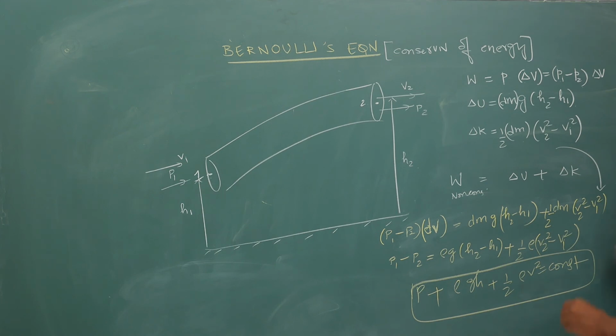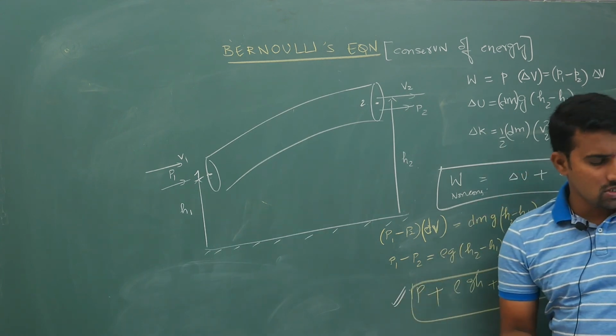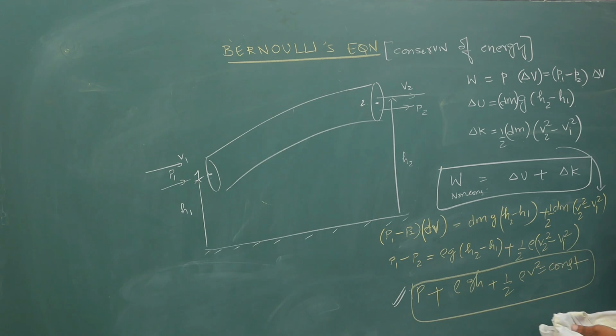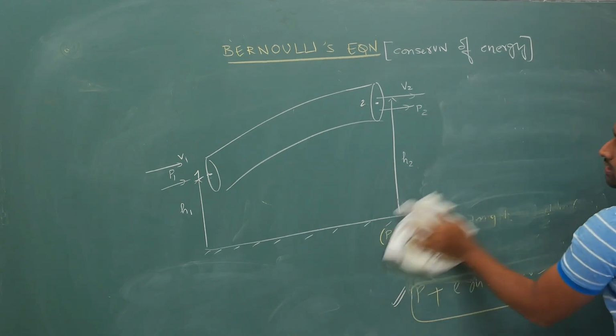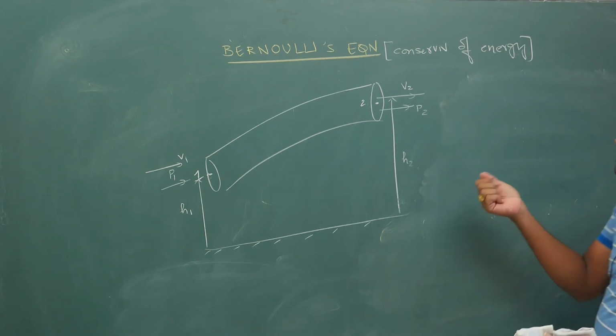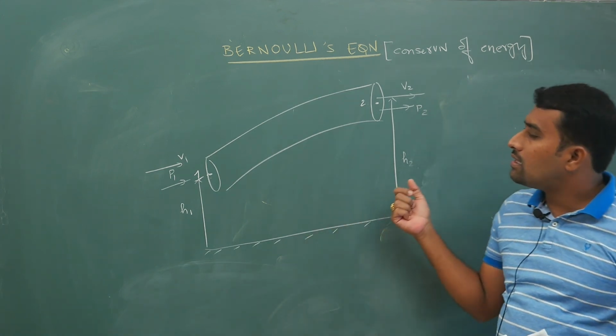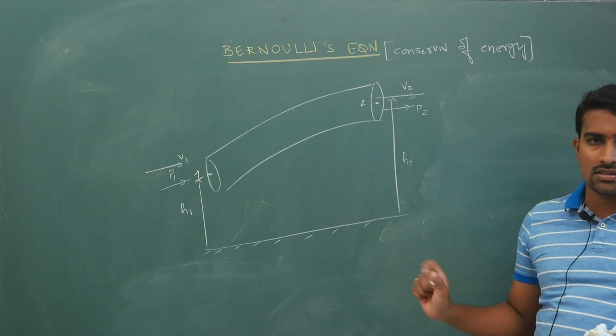I don't need to elaborate, but this is the energy conservation theorem at work. Remember this result. Nobody is going to ask you the proof; that is for BSc and MSc people, where you have to consider a small elemental strip and then give the proof. It is lengthy and not required, you will get confused. Remember the end result, that's all.